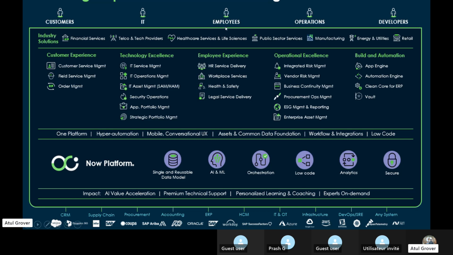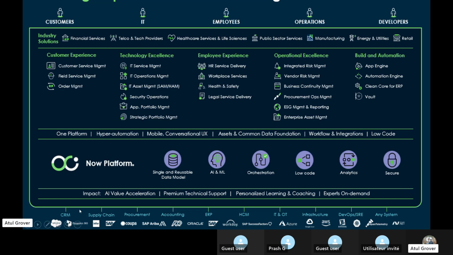Maybe these are in the initial stages. Maturity is required and definitely it's a journey. Maturity is required, but you can see the vision of how they're entering the market. Again, I'm not giving any sales speech here, guys. I'm not selling it. I'm just telling you how ServiceNow works.